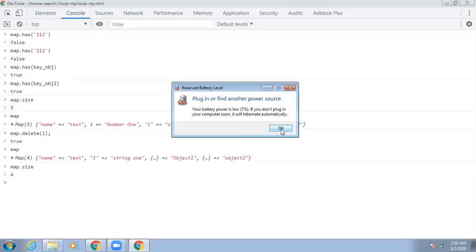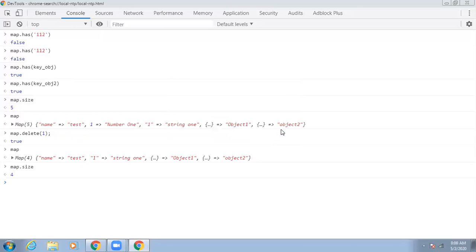Map.delete is the method which accepts a parameter, which is nothing but the key of your property.